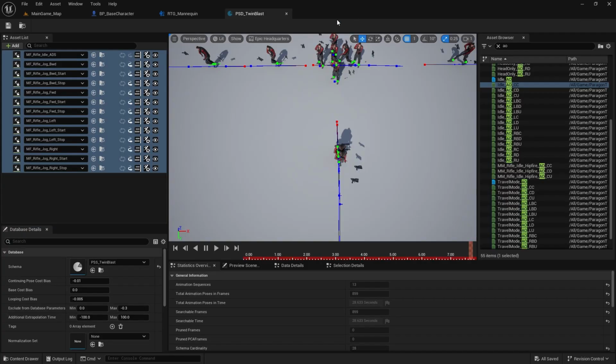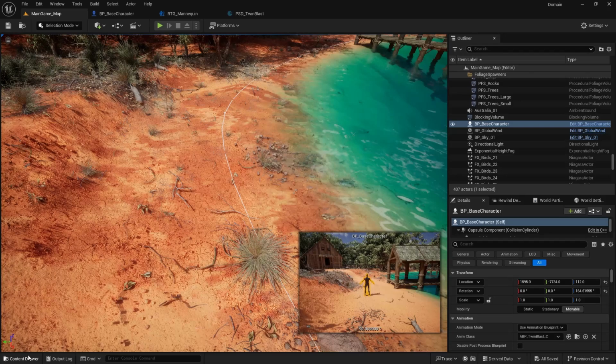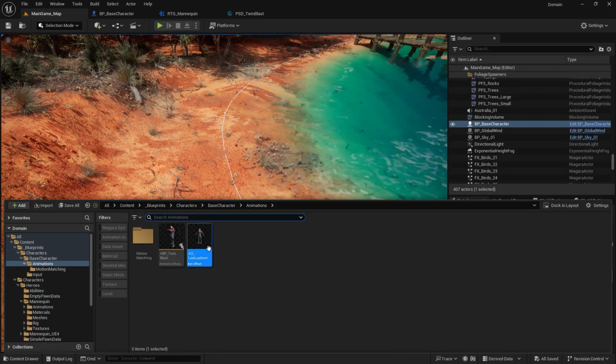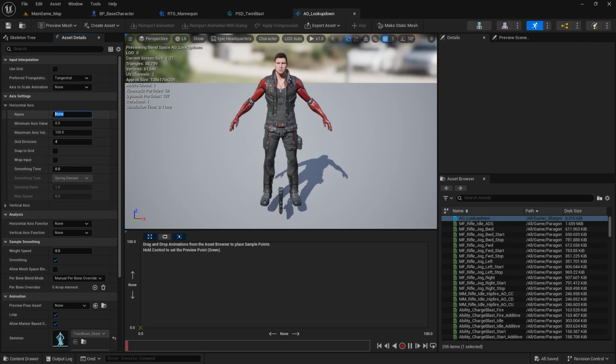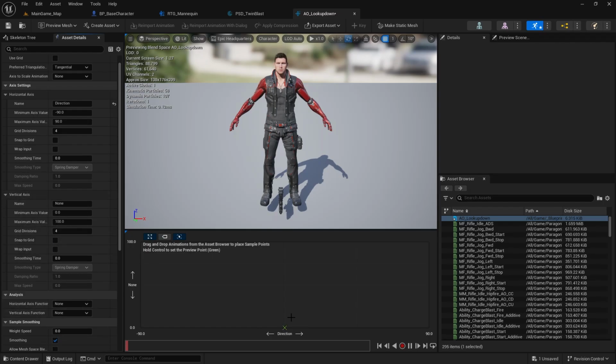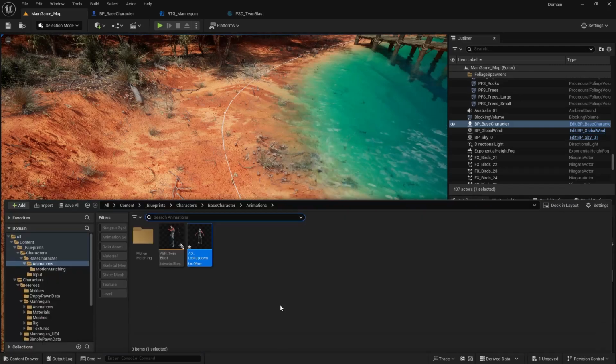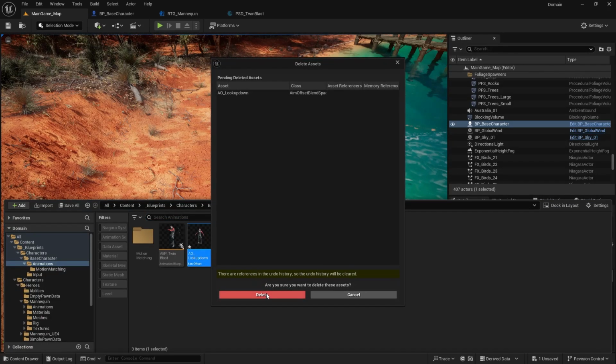Now we need to create something that's Anim Offset. So if I come right here, you can see we have this Anim Offset, look up down, and I'll open this one, and we can add those animations in here. But before that, I'll come here to this horizontal, and I'll give this one a name like direction. This should come from -90 to +90, and then we have vertical. So this is 1D, so it means we only have one direction, but in this case we have two directions, which is not what we want. We actually want one direction, so that's why I'll remove this one back, because we need